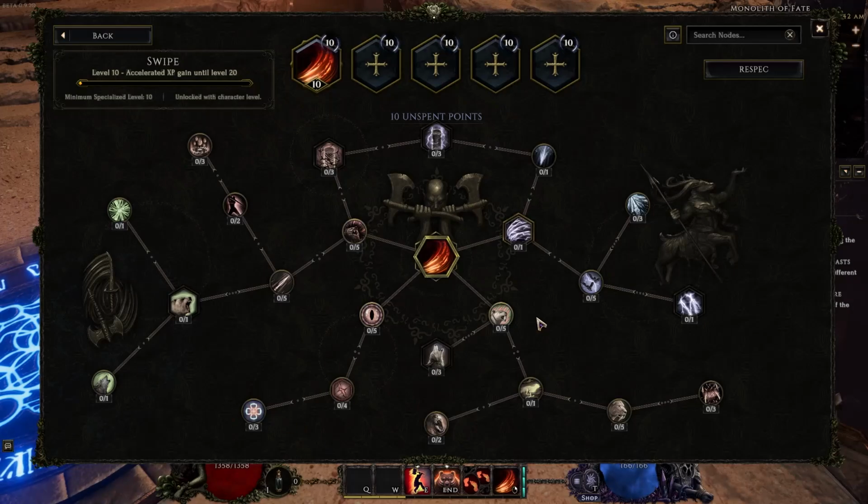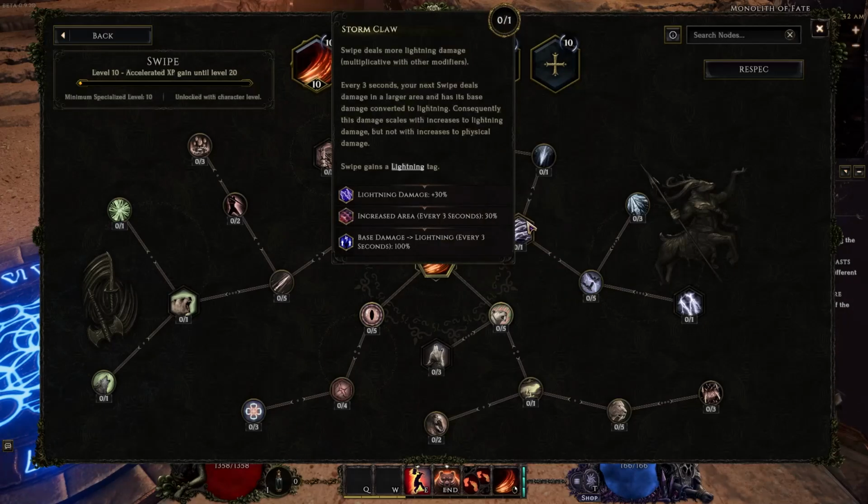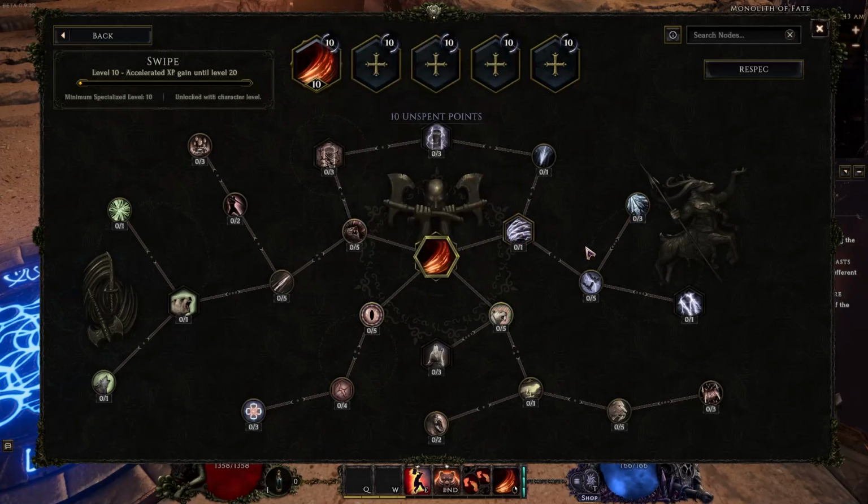And now let's talk about the upper right. So we have Stormclaw. Stormclaw makes it so every 3 seconds you gain 30% more damage, and of course, you're converting all your base damage to lightning. This node's kind of worthless in my opinion. It's kind of cool, but you want to be either one or the other. You don't want to be swapping in between lightning and not. You want to be doing either all lightning or none lightning,